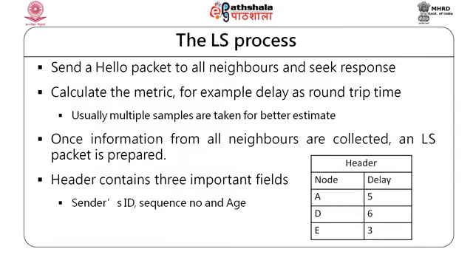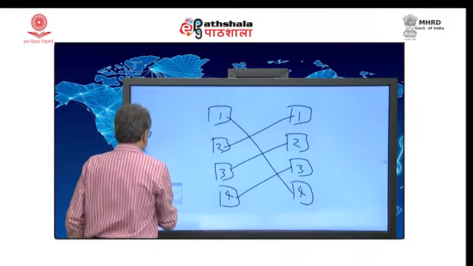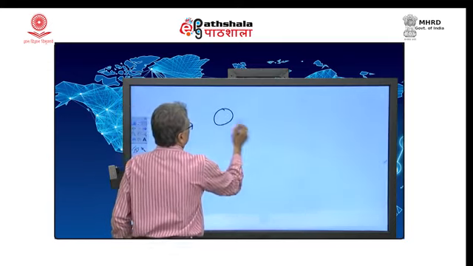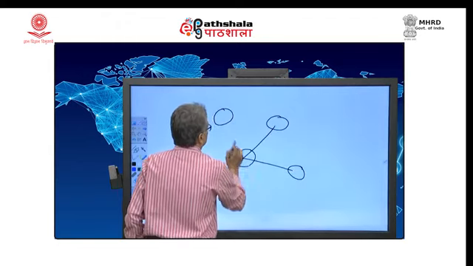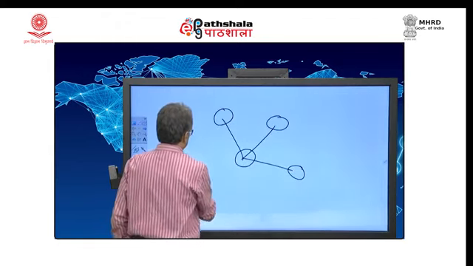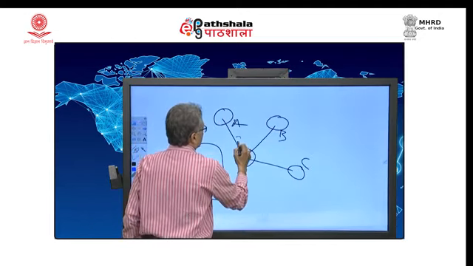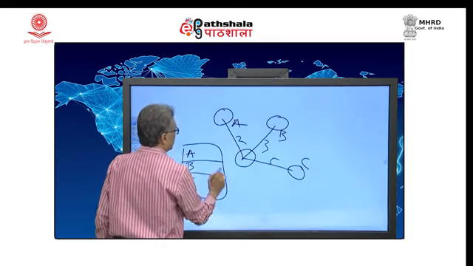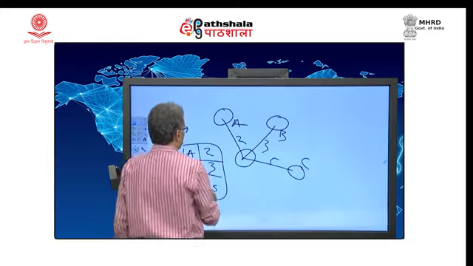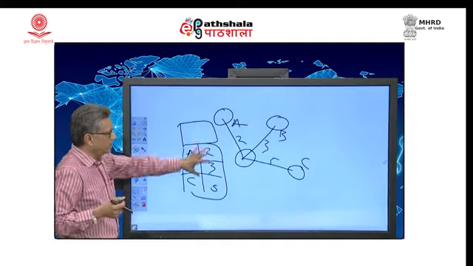The link state process, what do you have to do? The process is pretty simple. Suppose I have this network, and I know about these 3 nodes. I get their information and prepare a table. Let us call them A, B and C, and the distances to them 2, 3 and 5. So I will write A, B, C and their distances 2, 3 and 5. This is my link state packet. Now, I will add a header to it. So, this is how a link state packet is constructed.